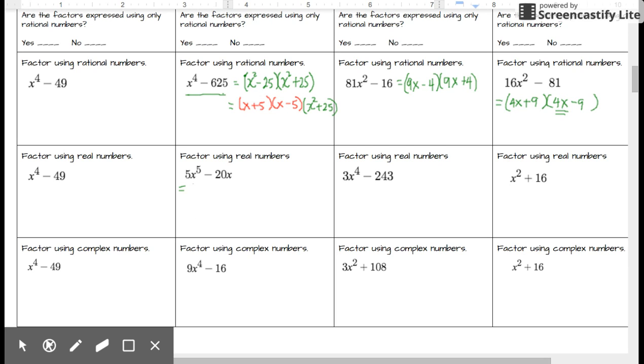But we notice that 5 is common to both 5 and 20. Also, these two terms both have x. So we can factor out 5x. And when we factor out 5x, we are going to end up having x to the fourth inside the parentheses. So that 5x times x to the fourth gives us 5x to the fifth minus